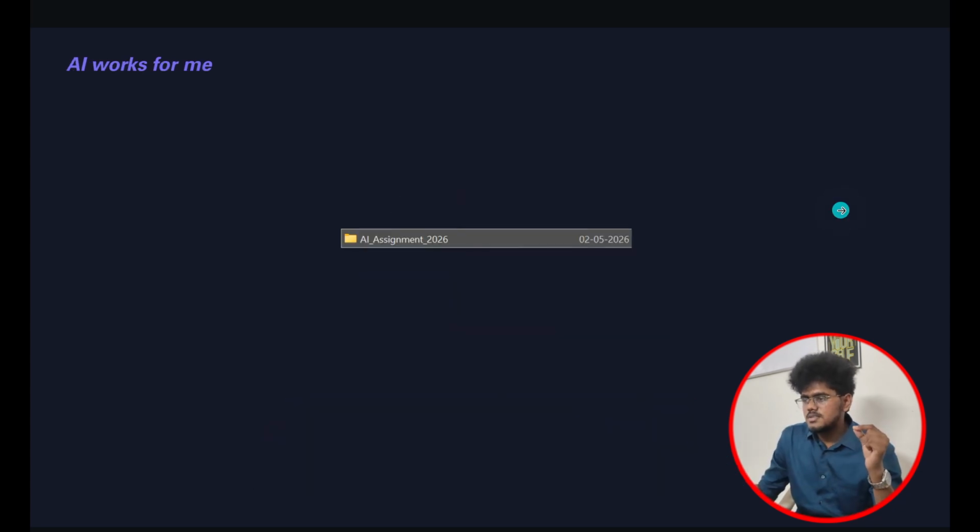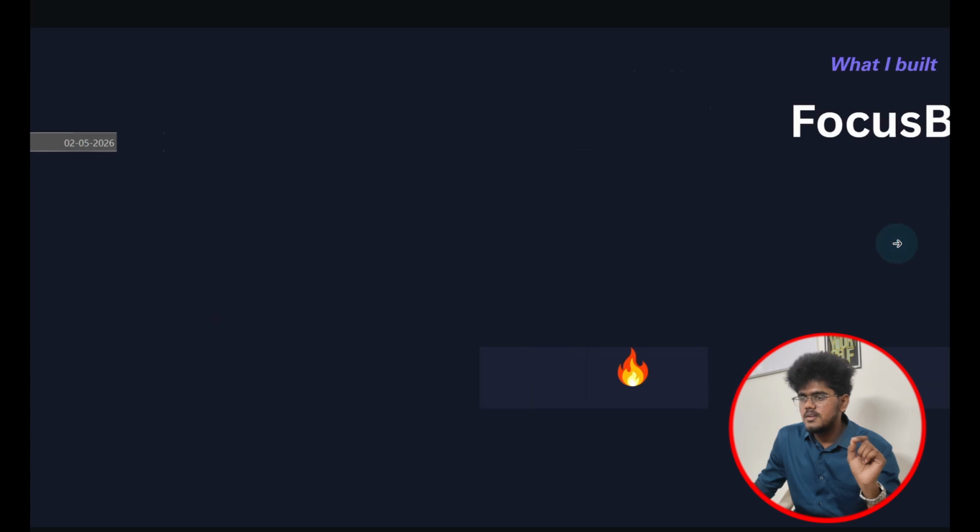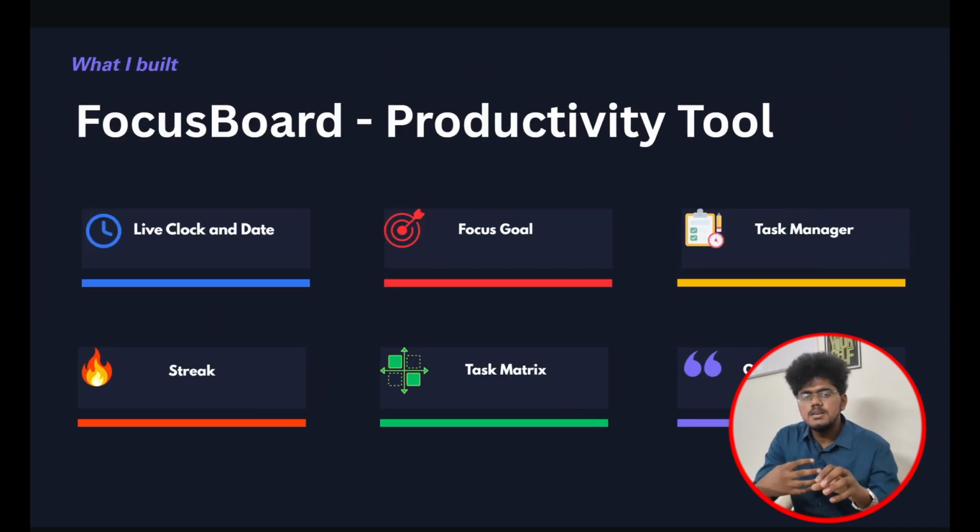To give an example for this, I have created a folder called AI Assignment 2026. This is the empty folder that I created in the C drive. And I have given access to the AI for this particular folder, and it created folders called assets, src, styles, .html, .js, and so on. So this is AI working for me. I gave a task and gave access to this particular folder, and it creates all of this for me. In addition to that, what I built in this FocusBoard productivity tool, the first thing is a live